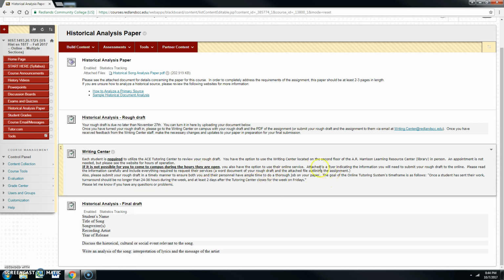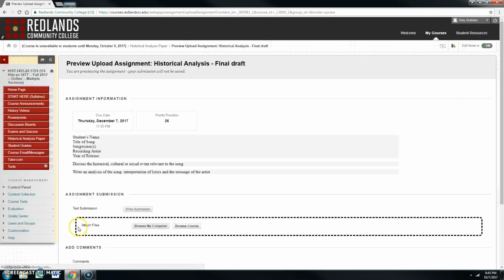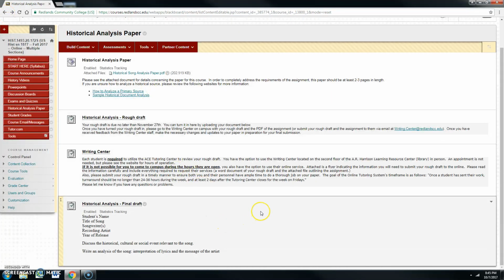Make all those changes, make it real nice and pretty, and then you are ready to turn in the final document, which is due on December 7th. So it is the Thursday prior to the last day of classes. So certainly make sure that that's turned in by December 7th, and then you are finished and done.